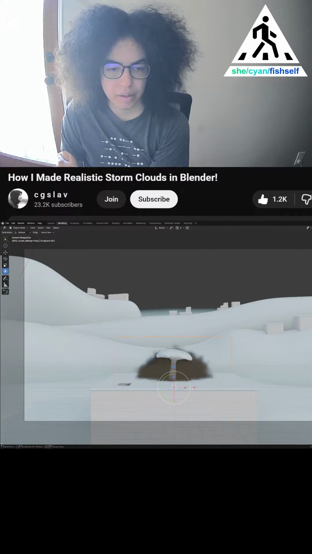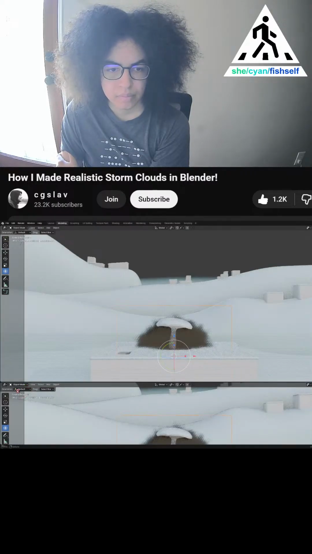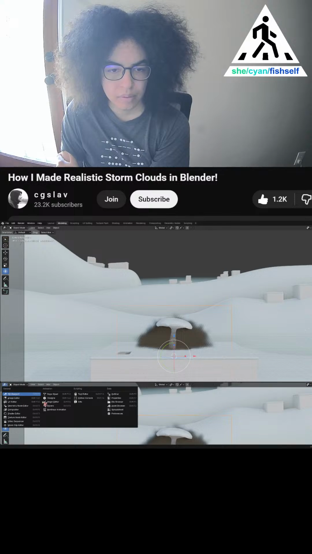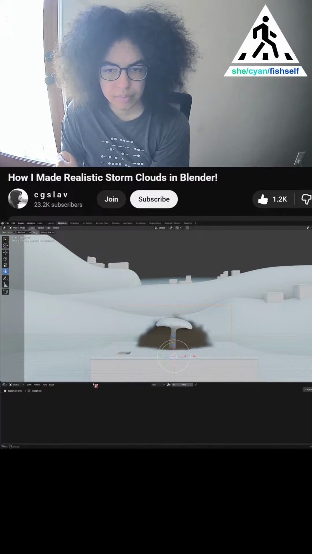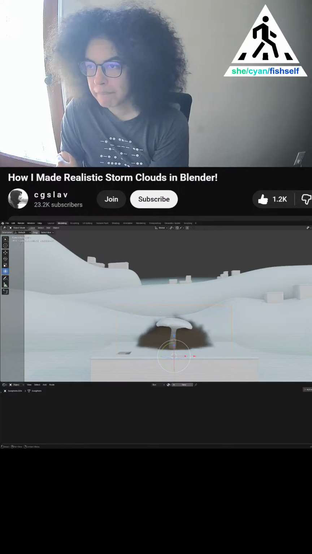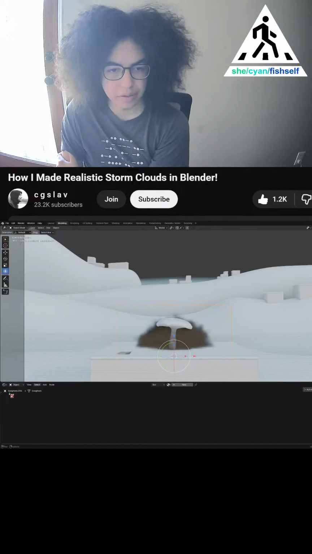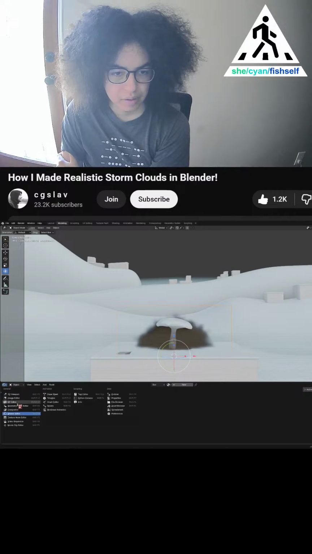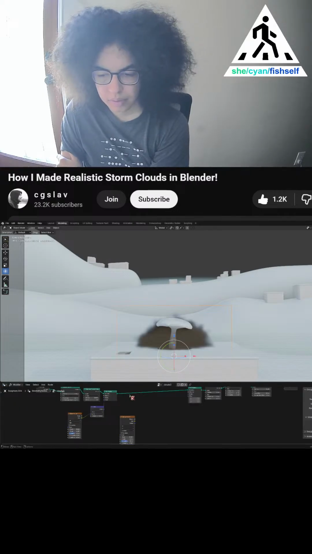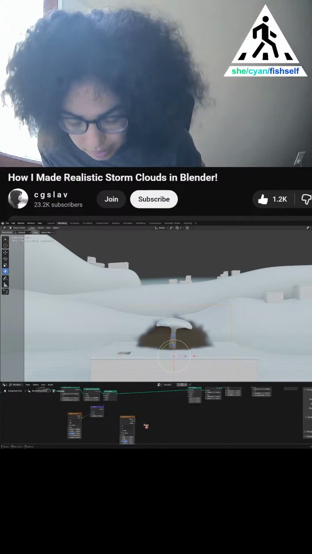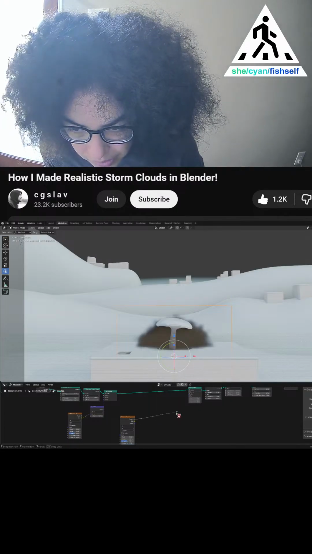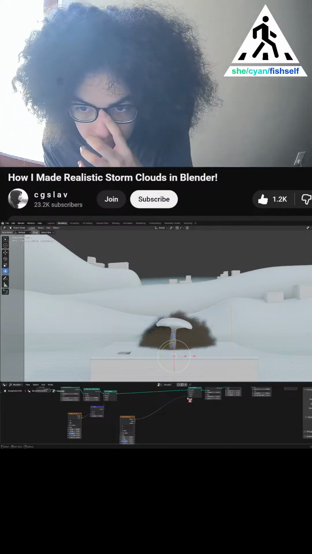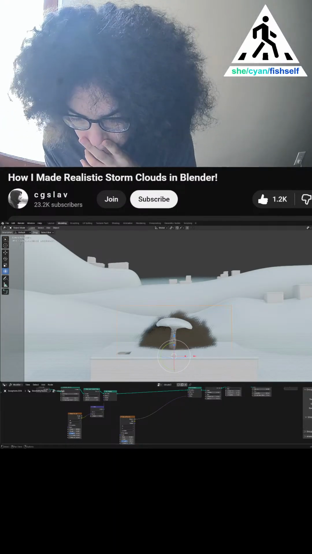There we go. And then let's, oh wait, no, geometry node, sorry. Okay. I'll plug the distance into the offset. Offset. To make this